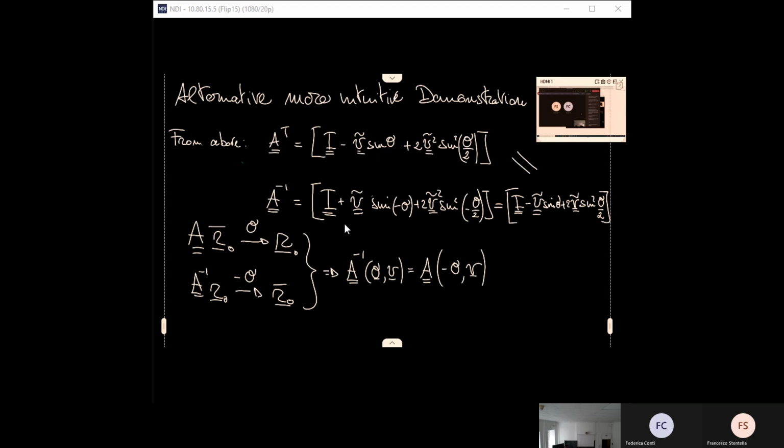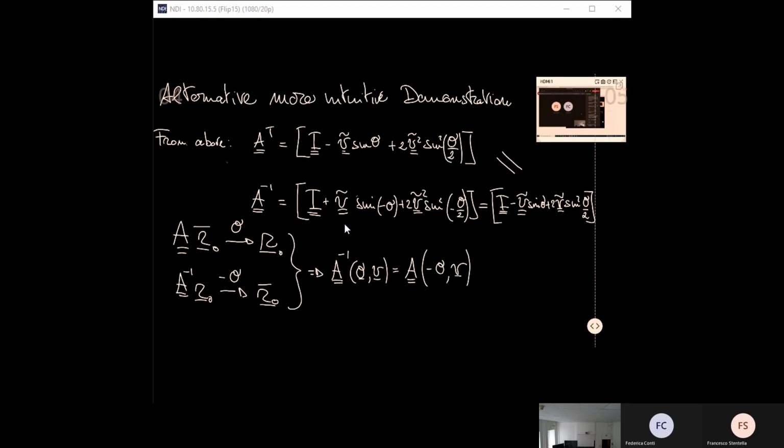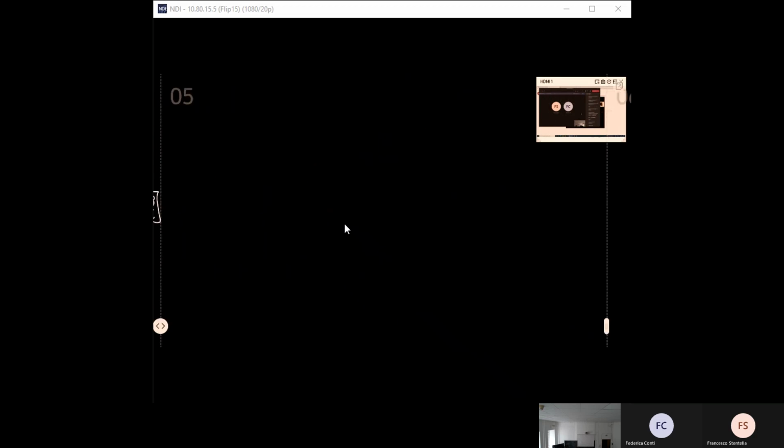So this is another demonstration of the fact that when you talk about the inverse of a matrix, you can write it as the transpose. All right. This fact has a nice consequence, which basically leads us to the second property,